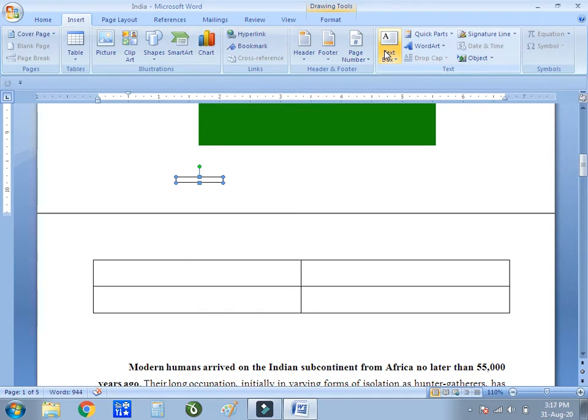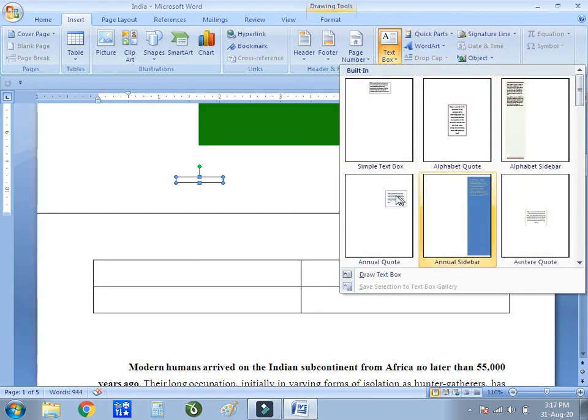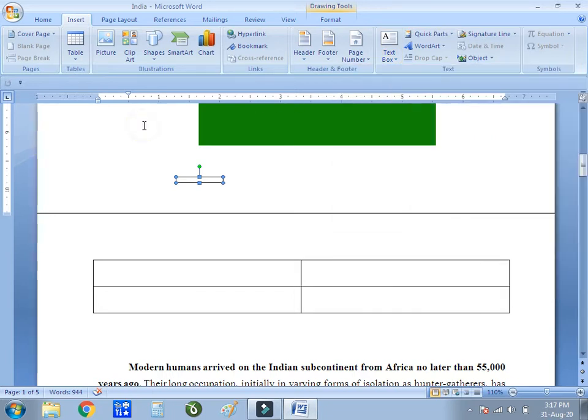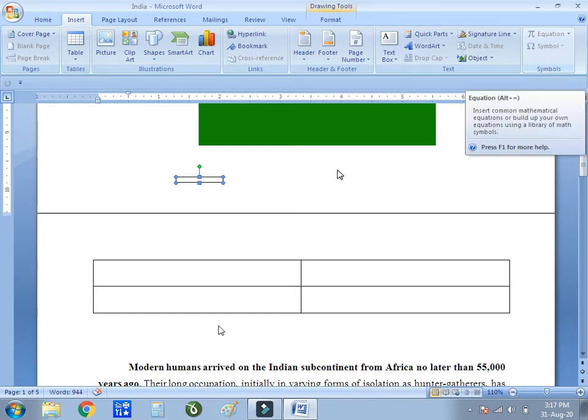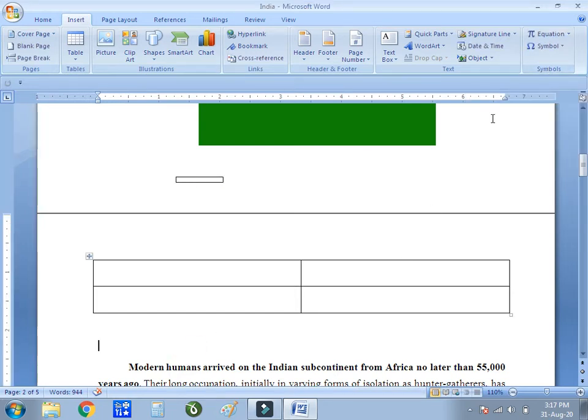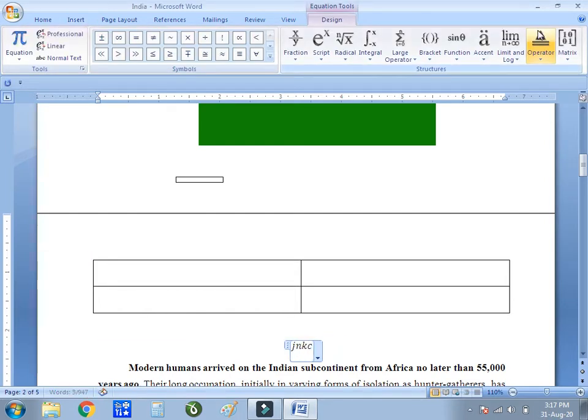Now suppose if I want to add my own text box, so here these are the different patterns available, so you have to select from this. Then next, another thing, now if you want to add your own signature line or object, you can go from this. Then suppose if I want to add some kind of a symbol or a mathematical equation, I have to choose this side called insert symbol. From this I can add any kind of a symbol or equation to my file. So these are the different equations, we can type anything in this equation. And these are the different mathematical options also available for it.